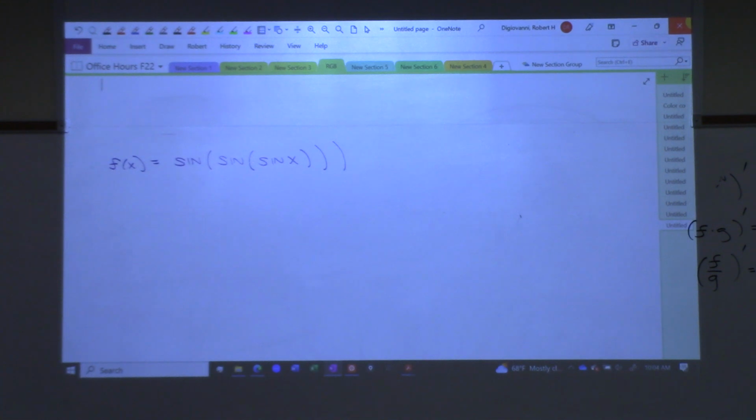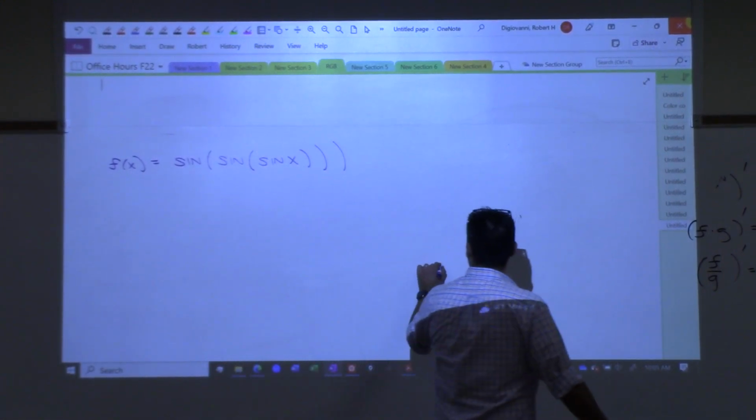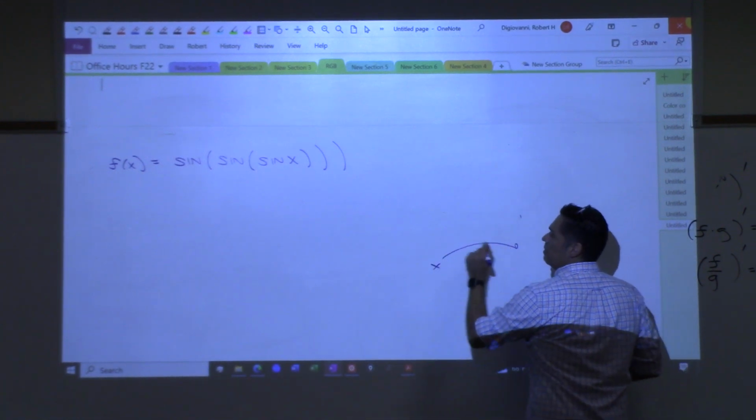So are there any multiplications here? Do you see any products? You shouldn't see any products. This is composition, but you've got multiple composition, right? This is actually 3 functions being composed together. If we think of it visually, first thing that happens is x goes in, right, and goes